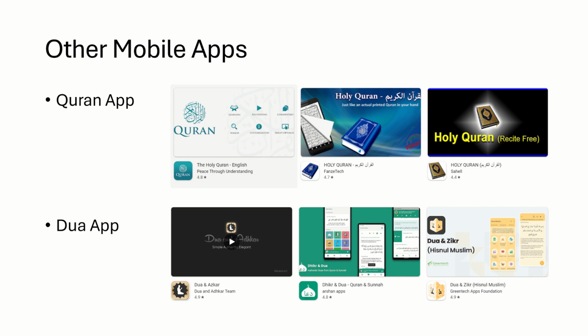I'm not recommending any app because I'm not particularly using any of them, except for two which I would say I have a very brief idea about, which sometimes I use. There are lots of Quran apps. If you already have that, it's good. If you're going to be using your mobile for reading the Quran, then you should get one. If you are going to use a physical copy of the Quran, then of course you don't